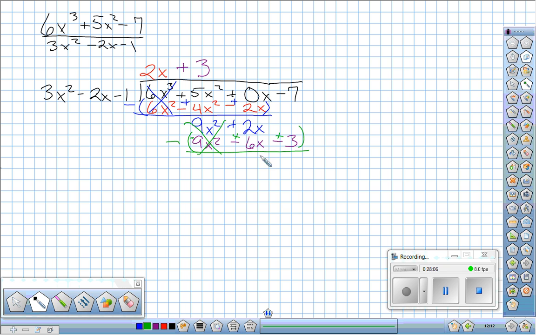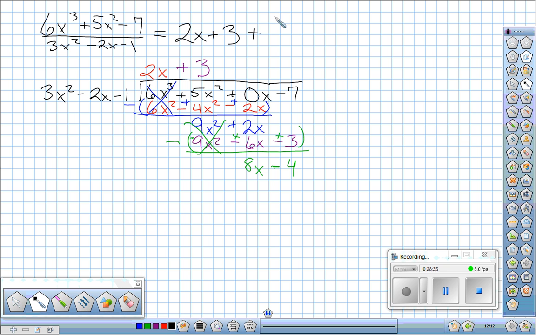The 2x and the positive 6x will add to 8x. And the 7 and the negative 7 and the positive 3 will add to 4. Negative 4, sorry about that. Okay, so this guy down here is my remainder. These guys went in evenly. So when I go back to rewrite this, I have 2x plus 3